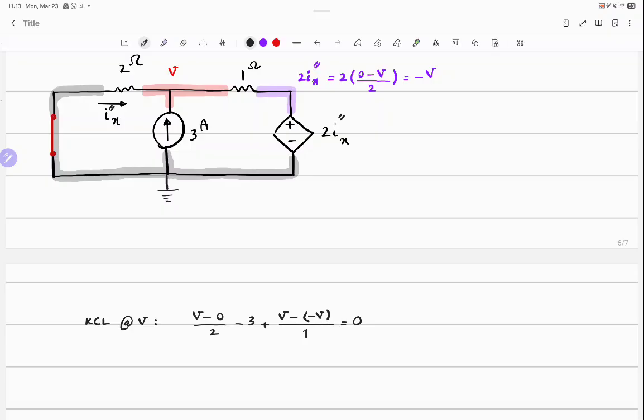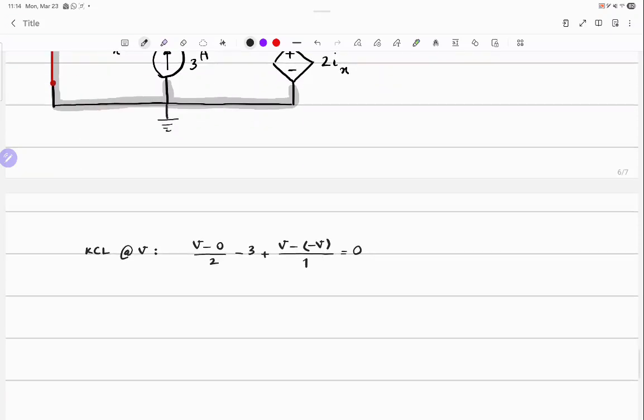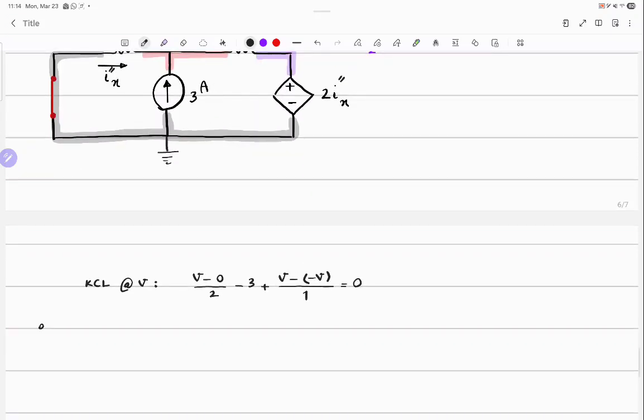What's the advantage? I avoided having two unknowns in my equation. But what was the better choice of variable in writing the KCL? Using I double prime rather than V, because ultimately we want to find I double prime. These are all just tricks, okay? Nothing to do with the scientific facts or anything. These are just tricks of solving the equation. I can write it like that, or,